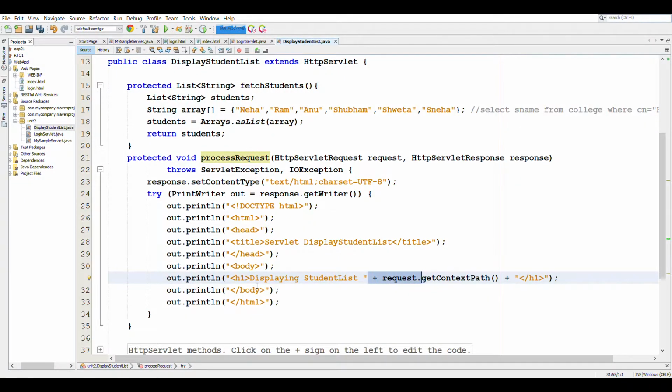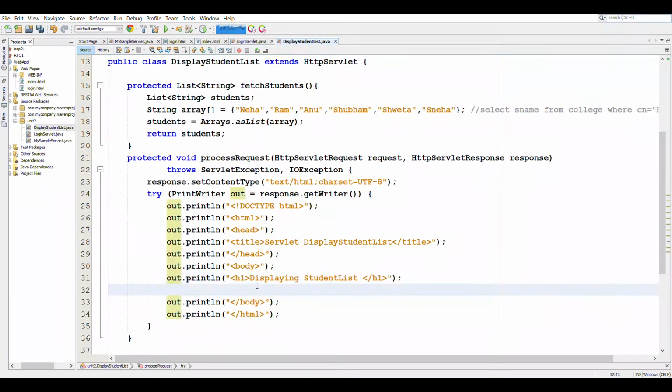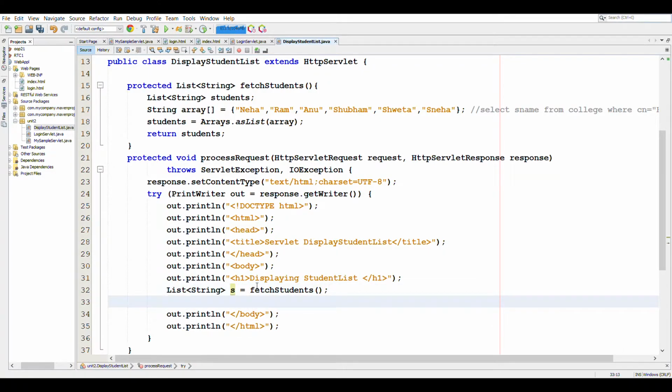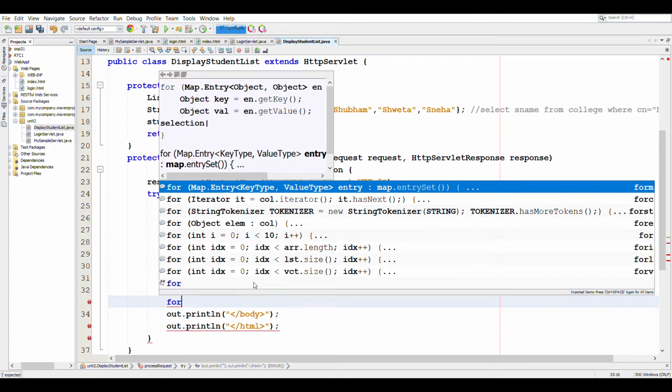We will fetch the list of students here, and we will print the students using a for loop.